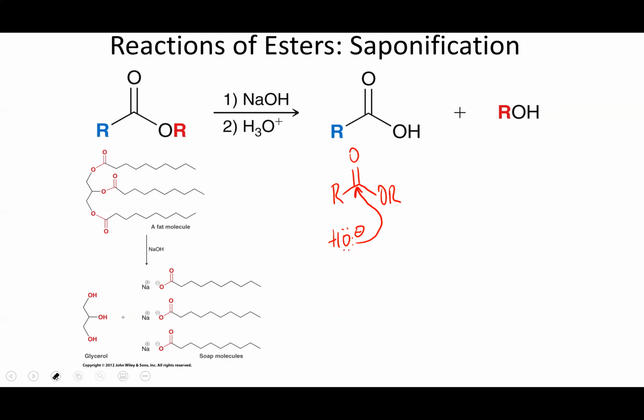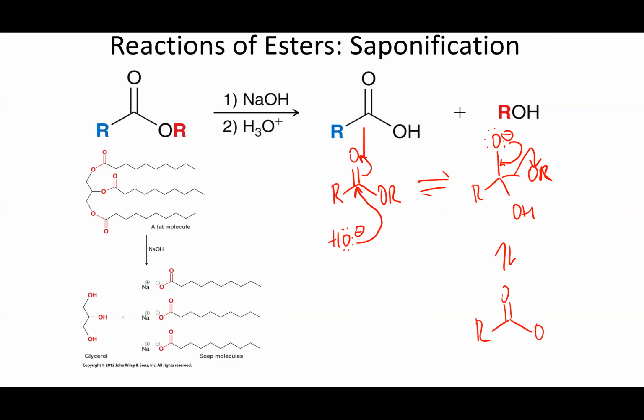Our nucleophile is good enough that we don't need to have any proton transfers occur before the nucleophilic attack. So we get that tetrahedral intermediate again. We have our carboxylic acid. We reform the carbonyl and kick out the leaving group. And when you initially look at this, you might be tempted to stop at this stage, but actually it's equilibrium until this point. But we've generated an alkoxide,